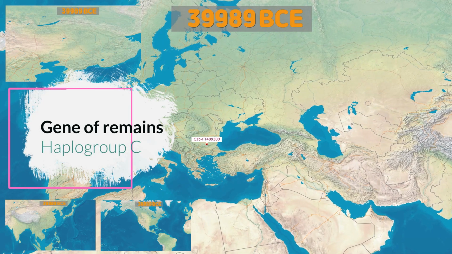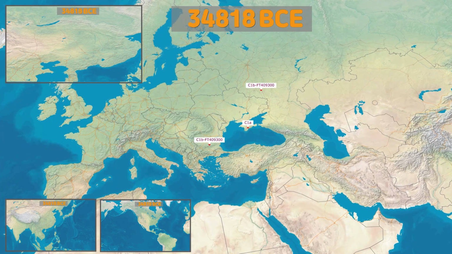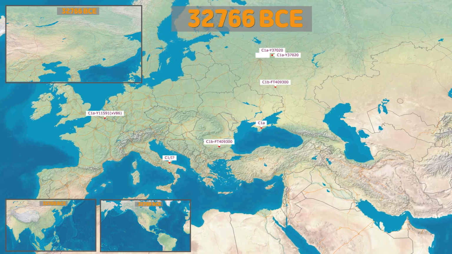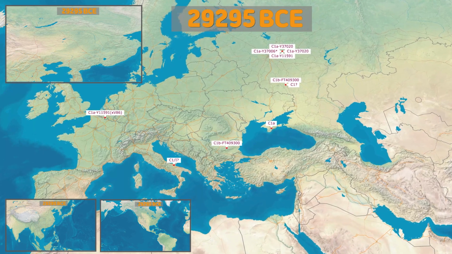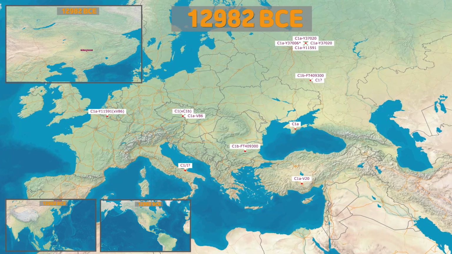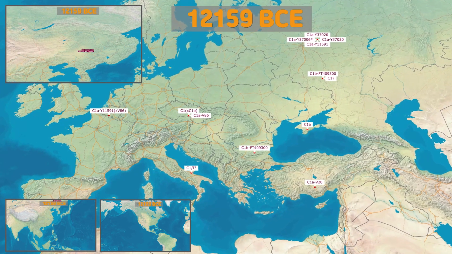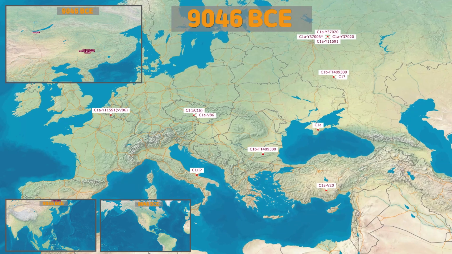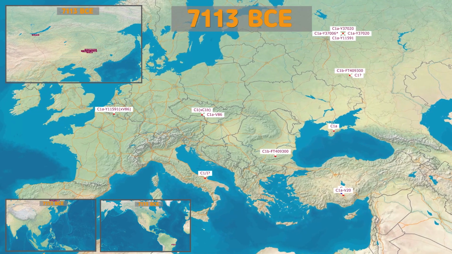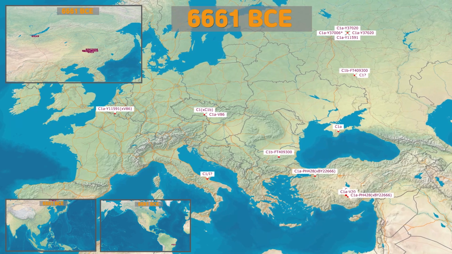In this part, we will display the gene types extracted from the actually excavated remains on the map. Haplogroup C1 is shown in white, and C2 is shown in dark brown. The text displays the haplogroup type and its mutation at the same time. For your reference, information from other regions in the same era is displayed as a pip screen. Haplogroup C is rarely found in Europe after 3,500 years.